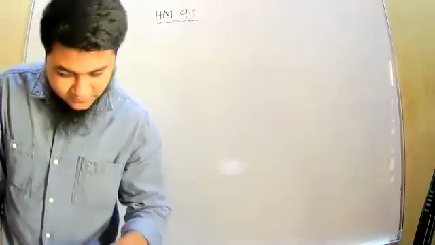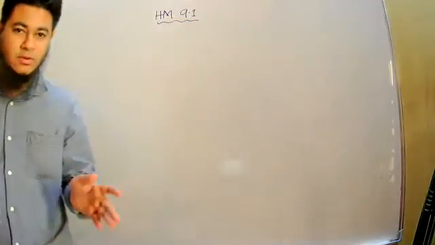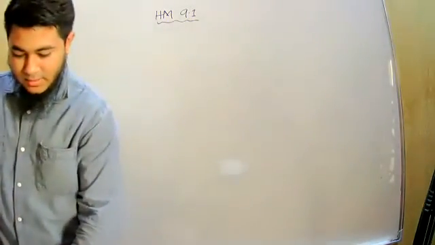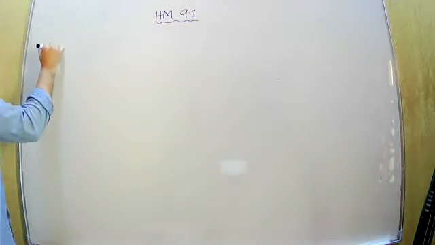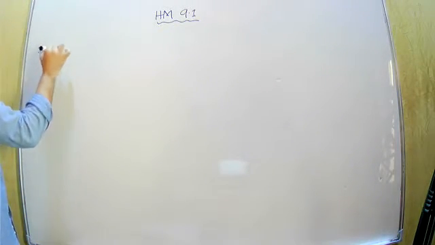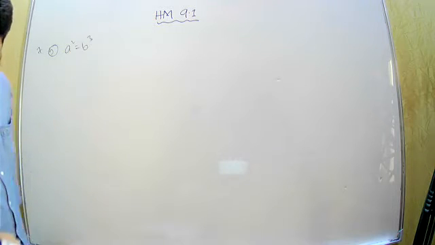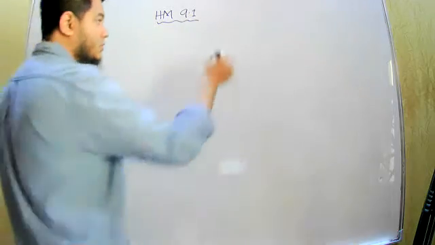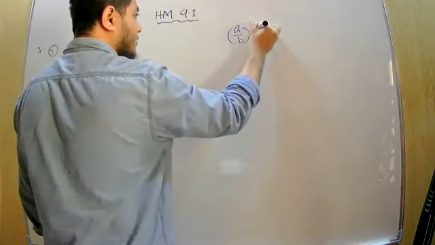Okay, so I believe 3, 4, all these problems you can do in the similar manner. You just have to do cubing, then that's all. Then number 5, it says a square is equal to b cube. Then we have to show a by b to the power 3 by 2